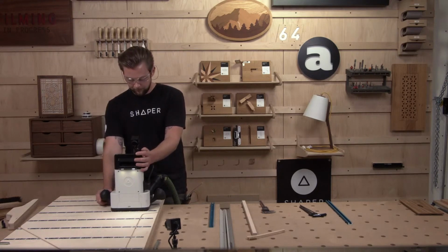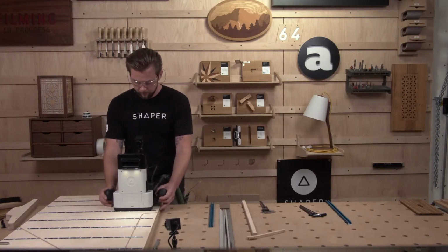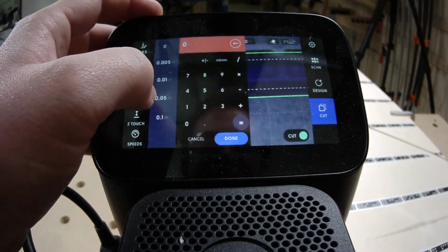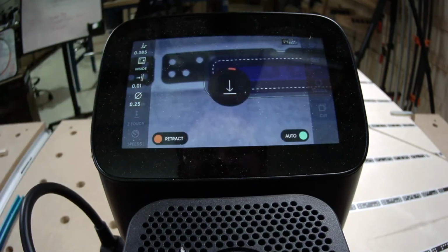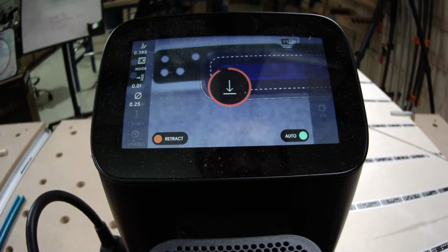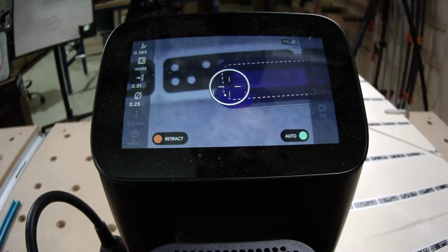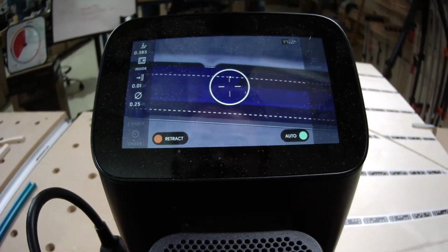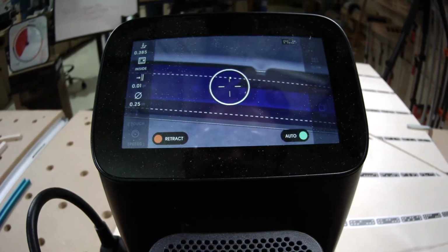So here we go. Going into an inside cut at full depth with no offset, I think. Oh. Here we go. 0.01 offset. So we're going to take off most of that rough from the pocketing operation, leave a pretty smooth wall, check